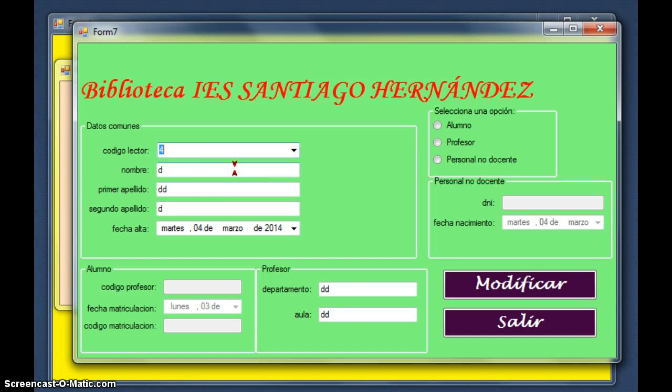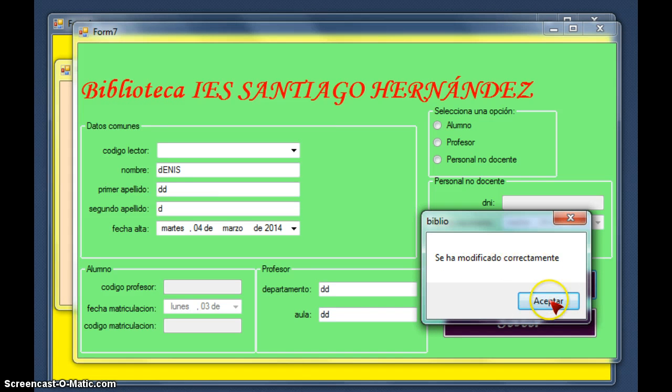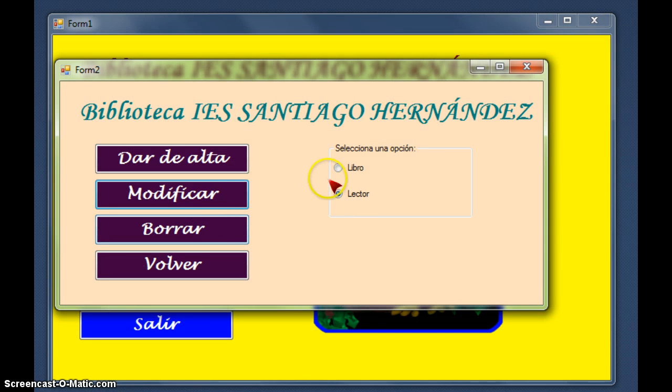For example, 4. You can view the information and you can modify the information, for example the name. And if you finish, you have to click in this button, modify, and the modification is correct. The same if you want to modify a book, and if you want to delete a book or a reader in the program,